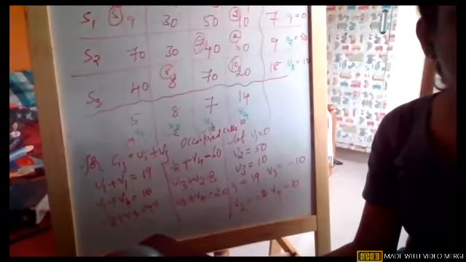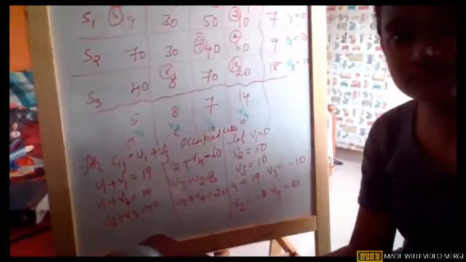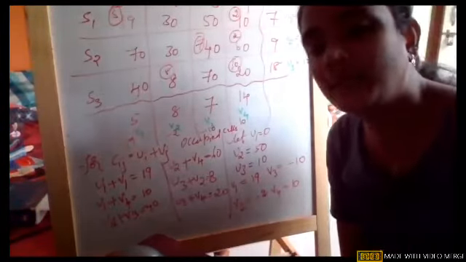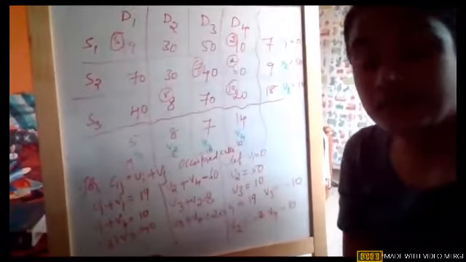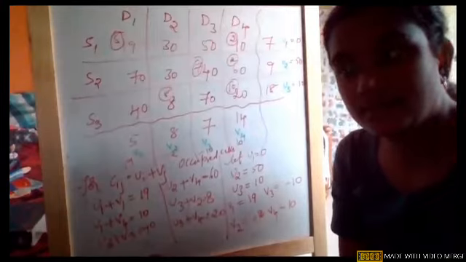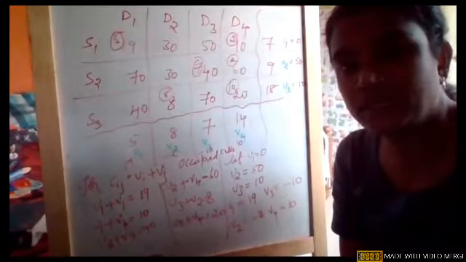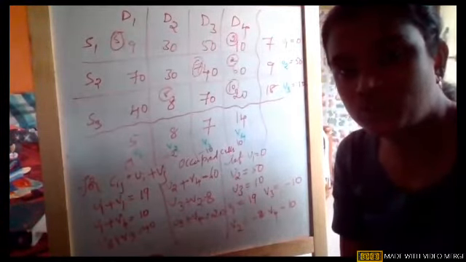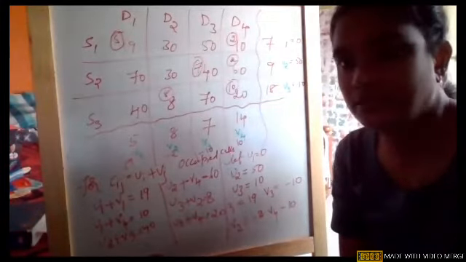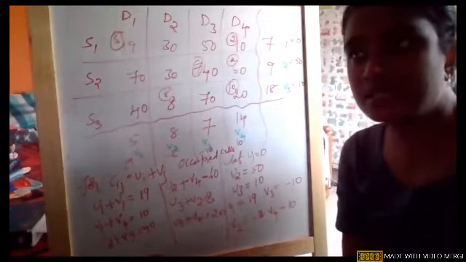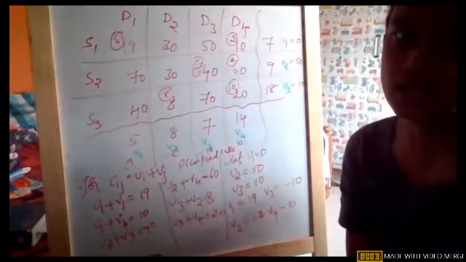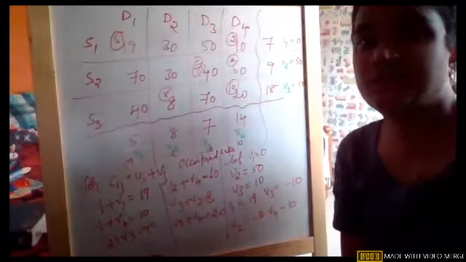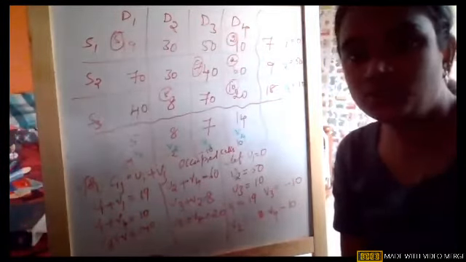Ma'am, I have a doubt. In the exam, can we use any method, or will they mention which method we have to use to find out? See, mostly they'll not mention any method. If they don't mention, you need to use VAM method only. If they mention a particular method like northwest corner rule or least cost or VAM method, you need to use the respective method.